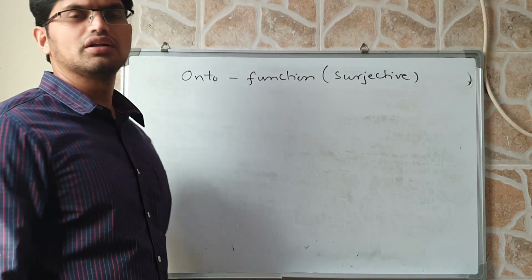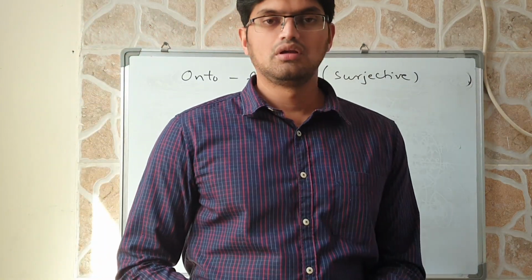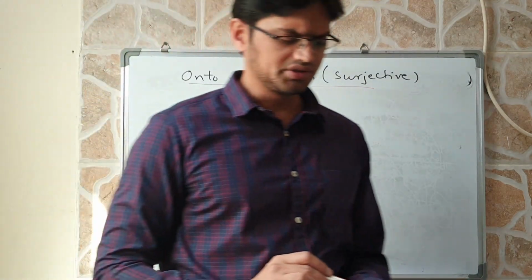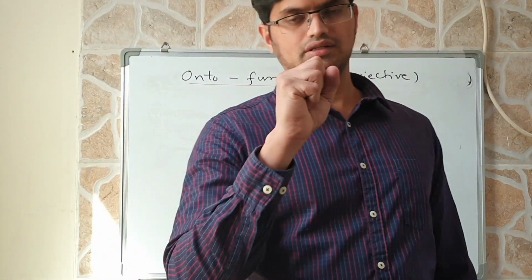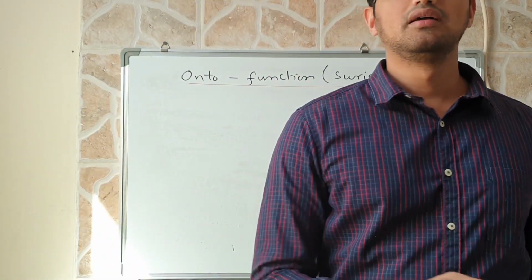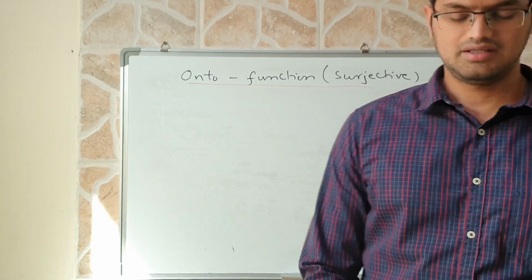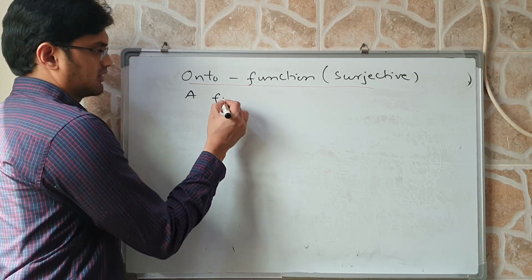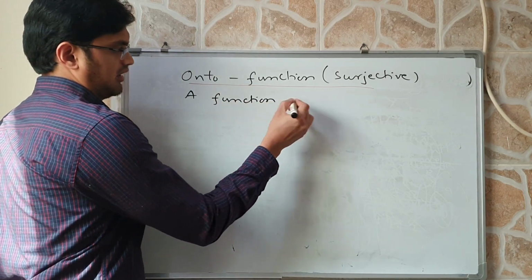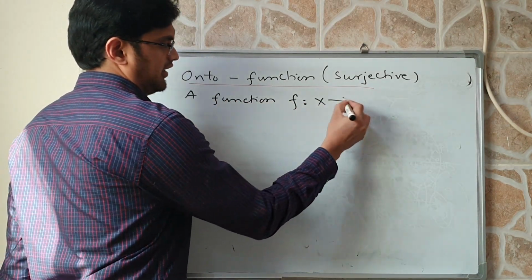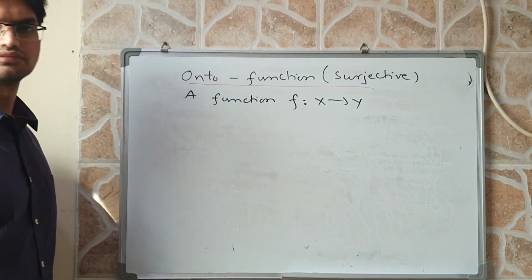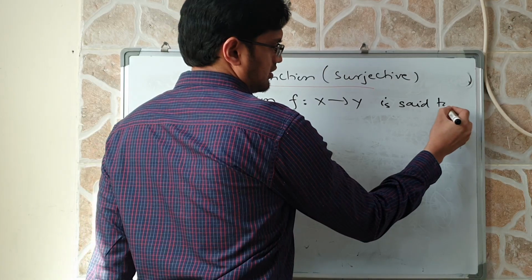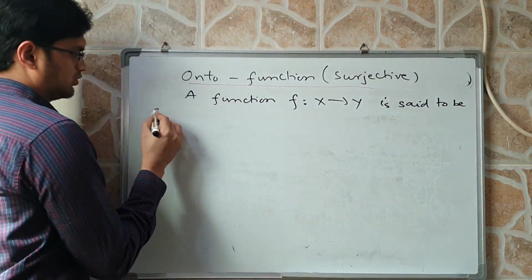It is also called surjective function. See, this is also a simple concept. Just we have to focus a little bit about definition. So what is that? Let us see. So a function f from X to Y is said to be onto